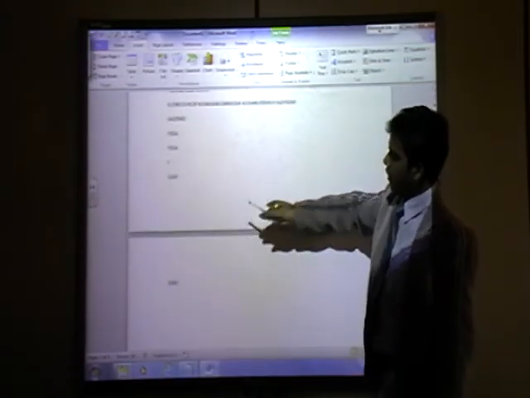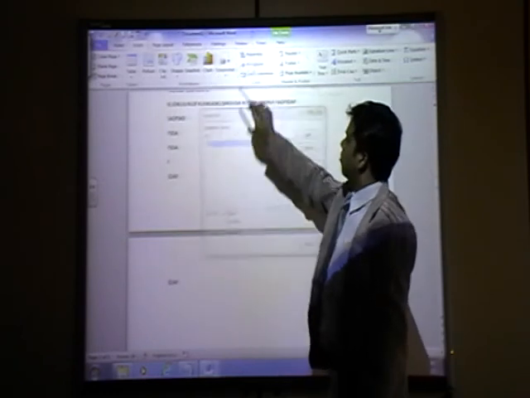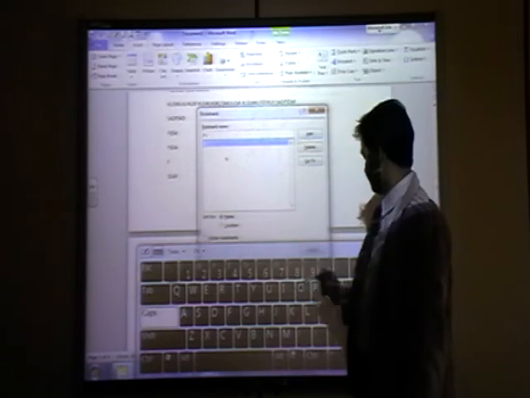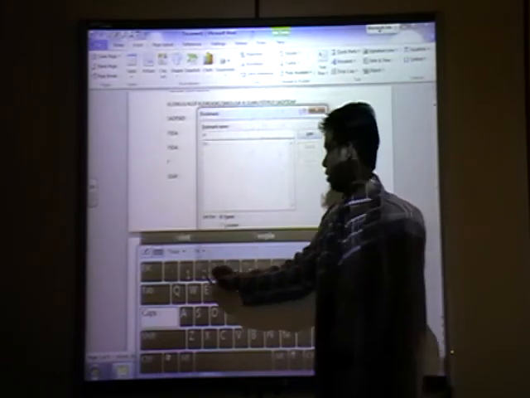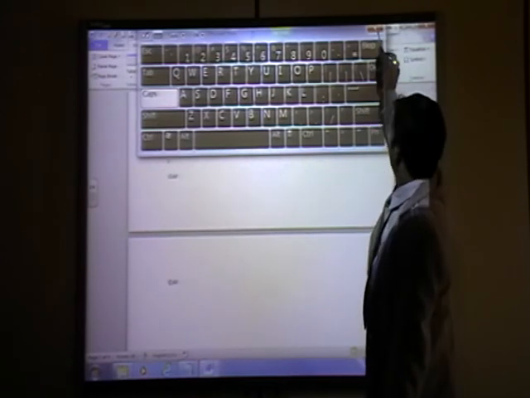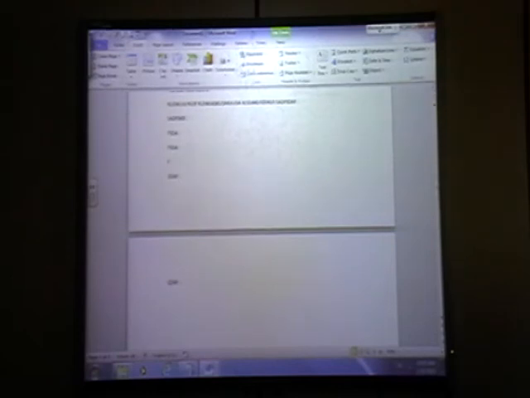Another bookmark I will make here, P2. Insert bookmark. Here I will make another one, P2, add. Okay, I will close this one. Now you see what happened. What is it used for?